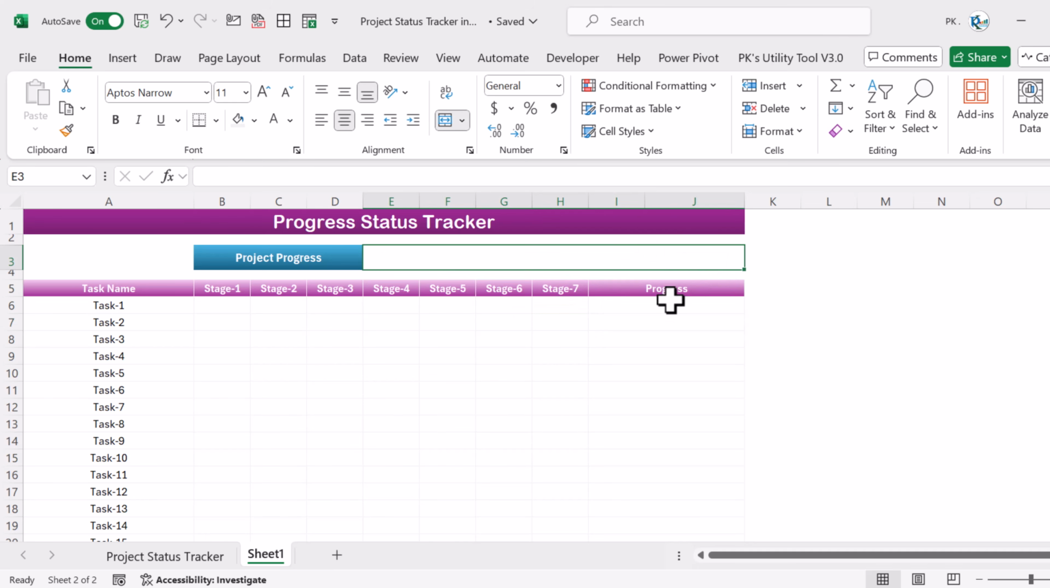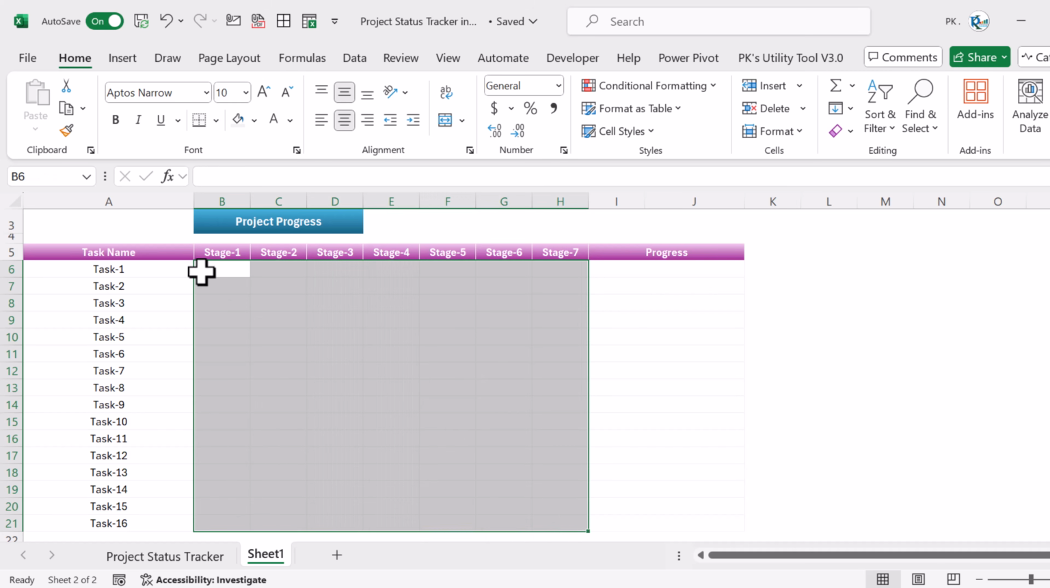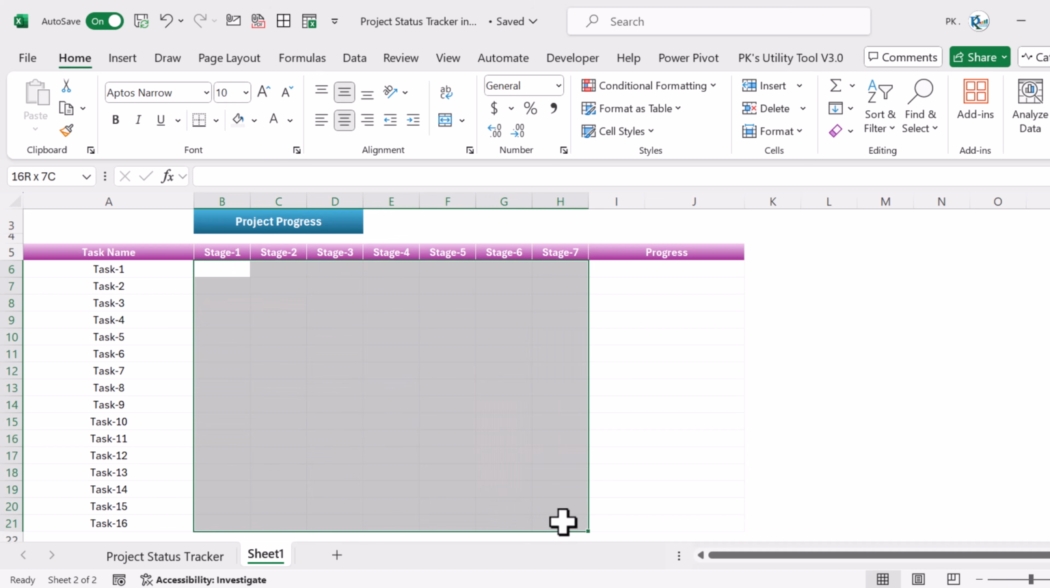Alright friends, so this is done. Now first of all we will write a small VBA code. When we double click, a check sign should appear automatically. So what I will do first here, just select this range and take this green color here, make this bold,